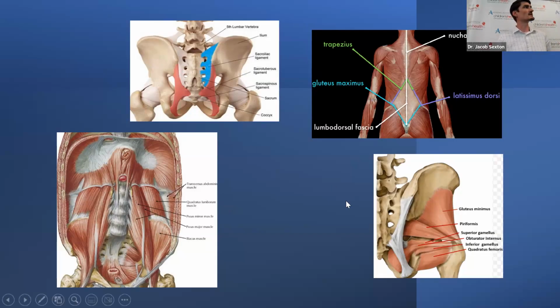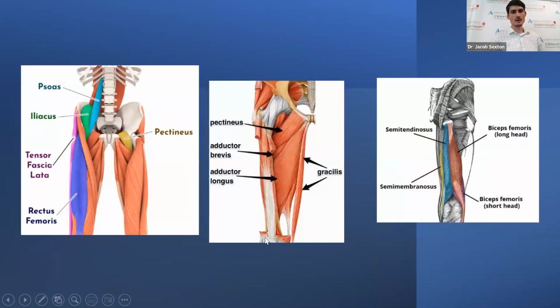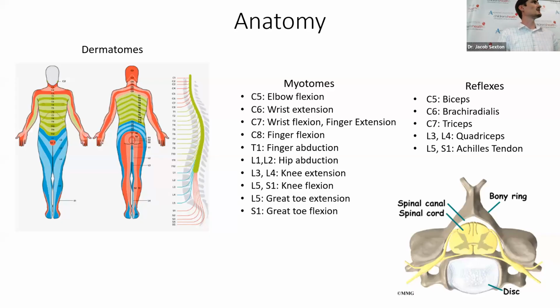So I think it's very important to understand this anatomy and the relationship between the lumbar spine and the hip and pelvis structures. Then again, we have to think about the other muscles associated with it: your hip flexors, your tensor fasciae latae, your quadriceps muscles, and all of your hip adductors as well. These muscles in the hip, pelvis, and lumbar spine are multiple-joint muscles, so they're predisposed to particular injuries, particularly the hamstring muscles. Then finally, of course, we always have to talk about the important stuff: your dermatomes. You should always be able to identify those dermatomes, their associated myotomes, and the associated reflexes. I'm not going to go through each one today, but you should always know them when evaluating your athlete when they complain of any lumbar spine or associated